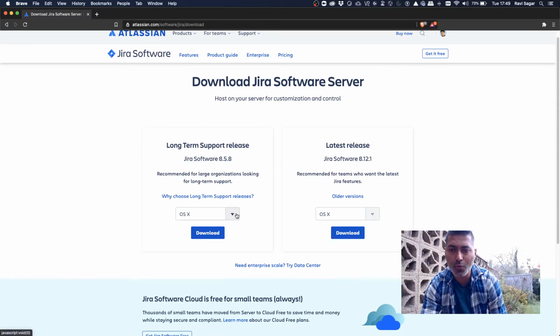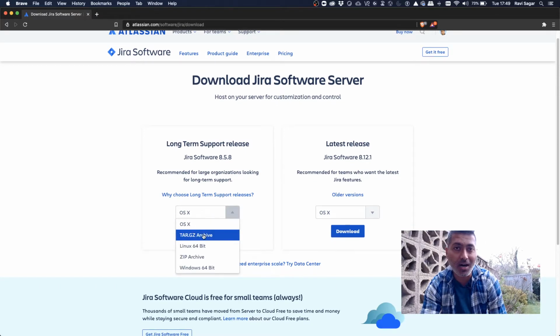Now, you can download the tar.gz archive, which is a recommended way when you are installing Jira on a Linux-based server,